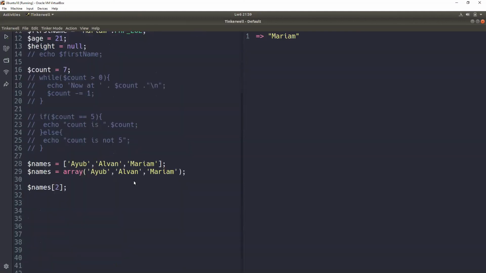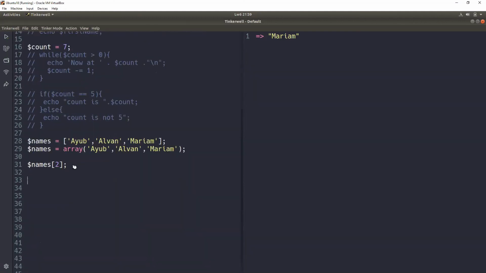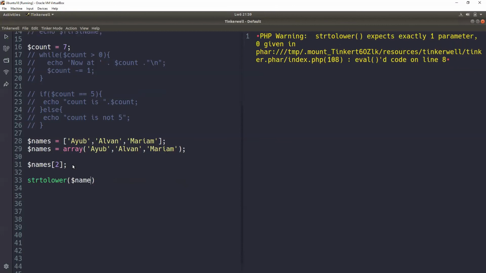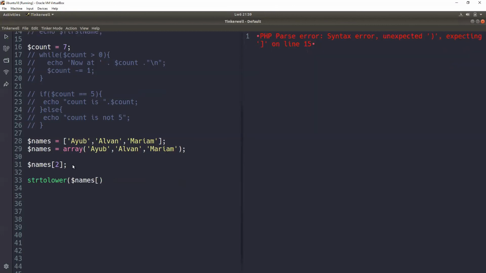Then algorithms, we looked at the function. We looked at the function that changes people's names to uppercase or lowercase, like for example, strtolower. And then we give it variable names, and we put 1, which is actually Alvan, and then output will be Alvan in lowercase. So to create your own function or algorithm, you can just say function